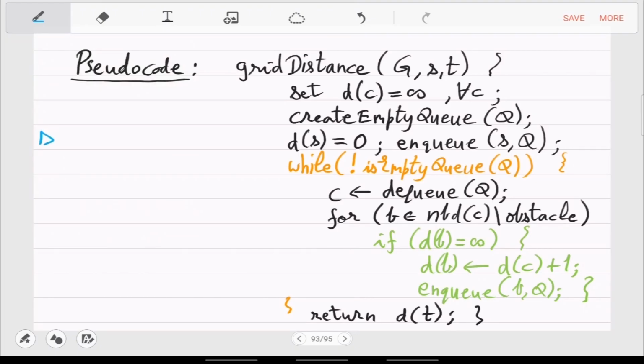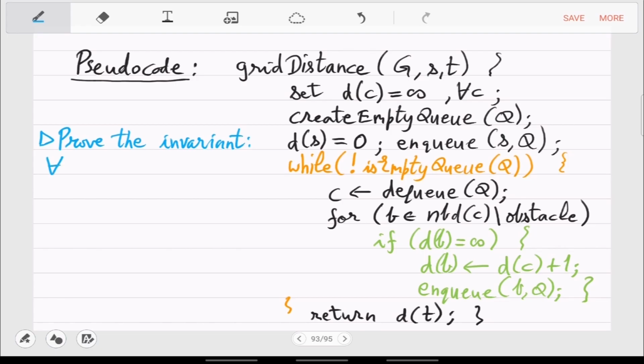So what is the invariant? In every code, this is what you have to prove: that there is an invariant that you are maintaining. So what is the invariant here for the correctness proof?